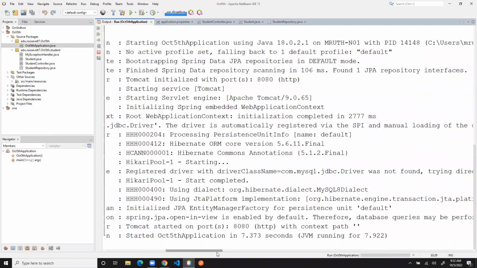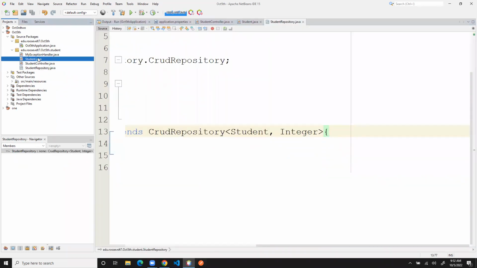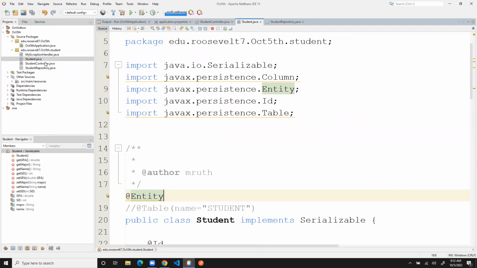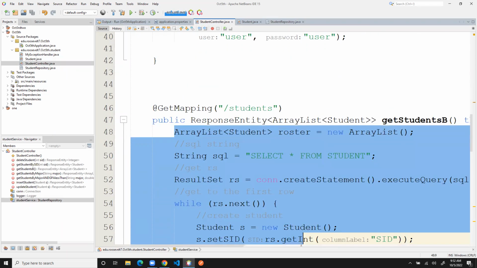And you can read it if you want. I don't care. None of this stuff matters to me. But the student repository is now configured. If the student repository actually works the way we want it to work, we're going to be able to get the students. So first of all,